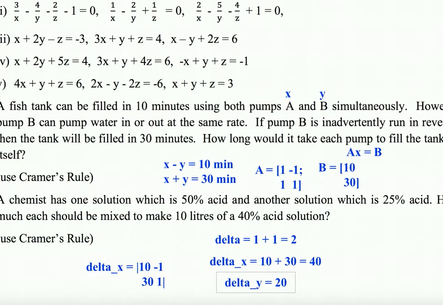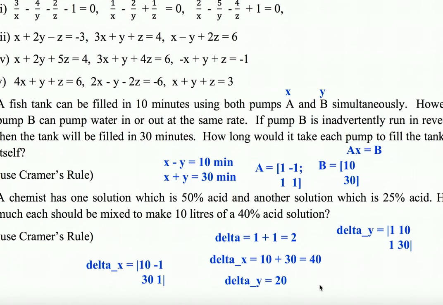What is delta y? Just replace this from here. Okay, there is no place available. No, there is place available, no problem. So delta y is going to be, this thing is 1, here you have to write 10, right? This one is 1, again here you have to write 30. That's it, right? So 30 minus 10, how much? 20. So delta y is 20.